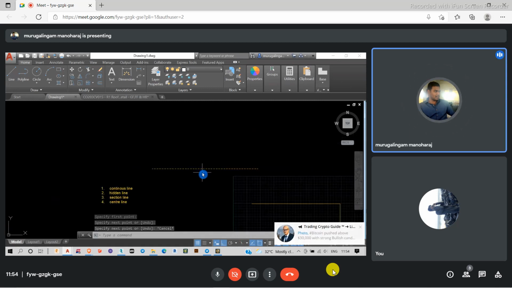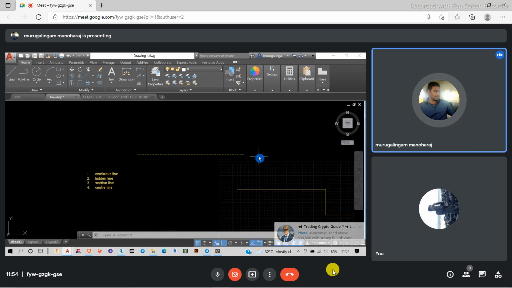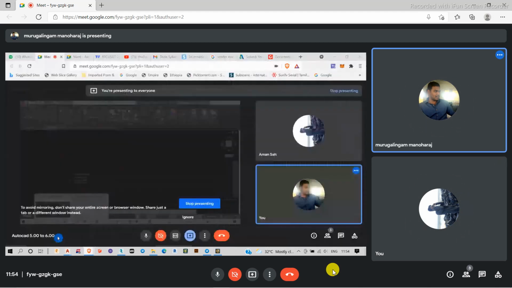So where do we have to use it in our drawing? Suppose something is behind the drawing, then we have to represent it like this. For example, I will show some examples here on the website.